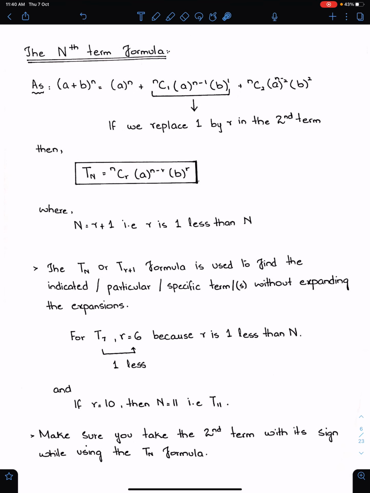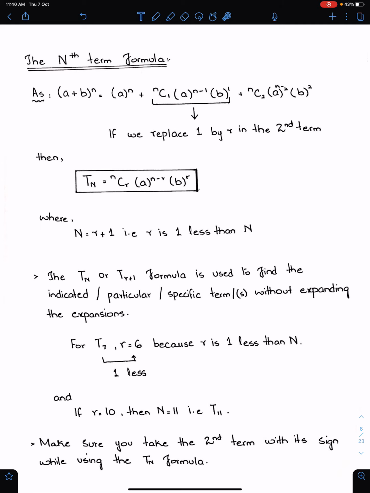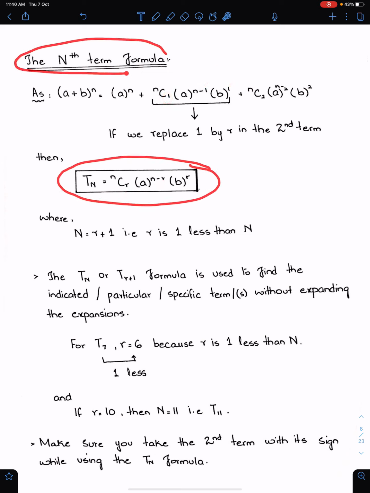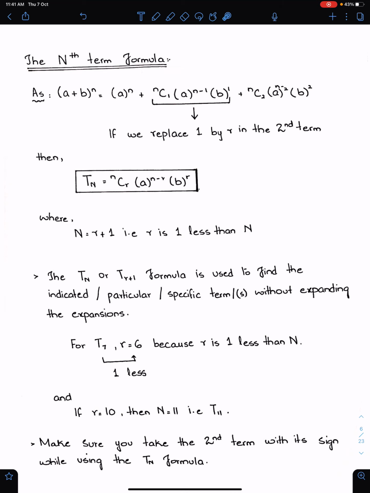The nth term formula. As we know this theorem, if we replace all these three ones by r, then we will get this formula. See, if we replace this by r, we will get nCr. This will become a to the power n minus r, and this will become b to the power r. This is the way to form the nth term formula, or you can learn the nth term formula in this way,